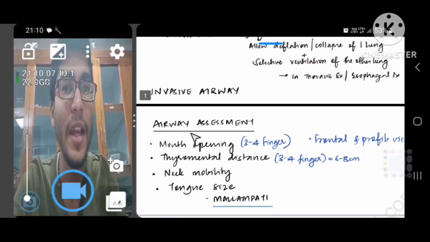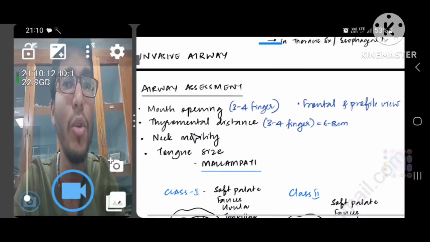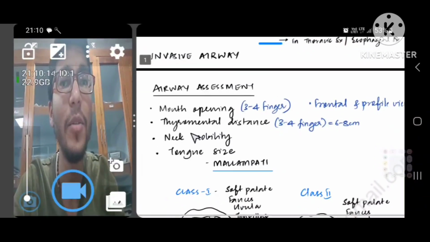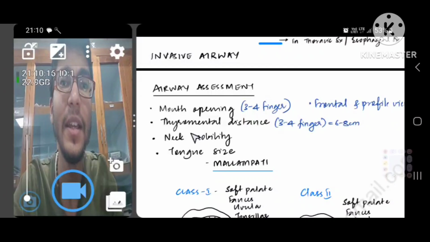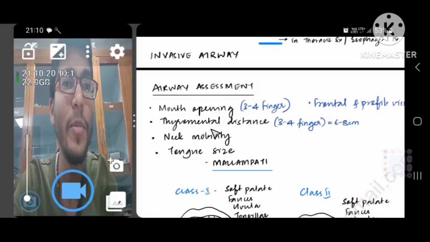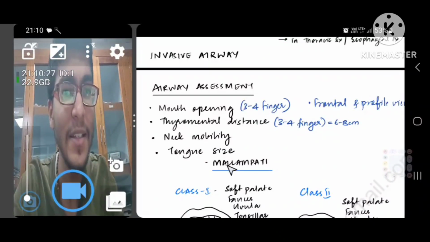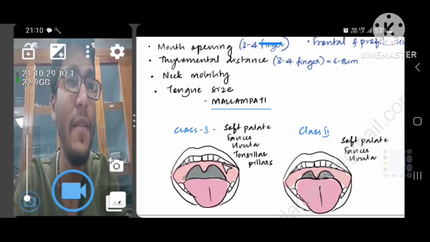Then we come to airway assessment. For airway assessment, we have mouth opening, which could be 3 to 4 fingers normally. Then thyromental distance, that could be 3 to 4 fingers, approximating to 6 to 8 centimeters. Then the neck mobility, the tongue size. Then we have the